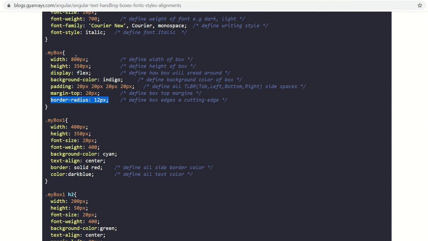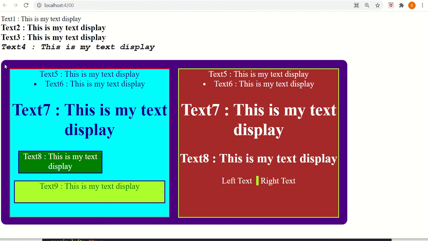Well, the most important and last one is display flex. So what does the display property do? Display is responsible for how the content under this box will be displayed. I have given the display property flex. That means flexible. So it will align the content one by one and fit it in the box. There are multiple properties. You can try them yourself, or else you can watch my further tutorials.